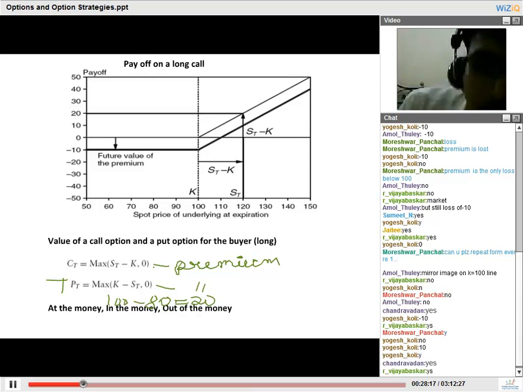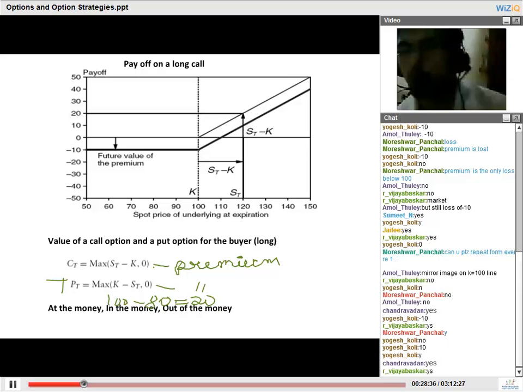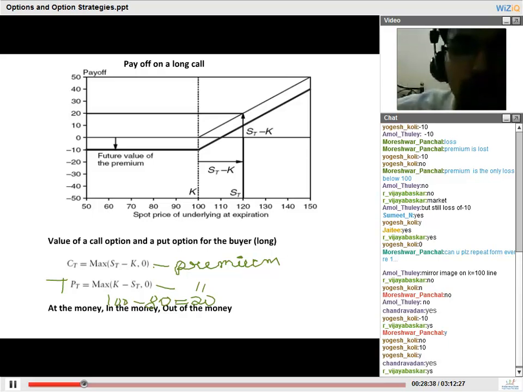amount. So for a call option, the incremental payoff is max of S minus K, 0. So there can only be profit, incrementally, or the value will be 0. You will never make a loss. You will simply not exercise the option if it is not favorable for you. In the worst case, in both the call option and the put option, the loss can be equal to the principal value. So the worst case loss is equal to the principal value.